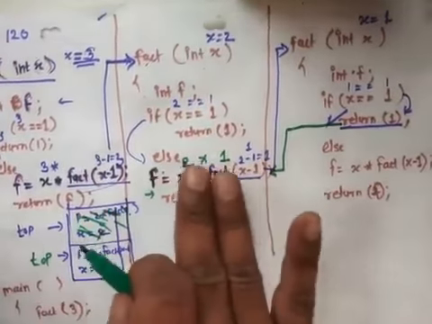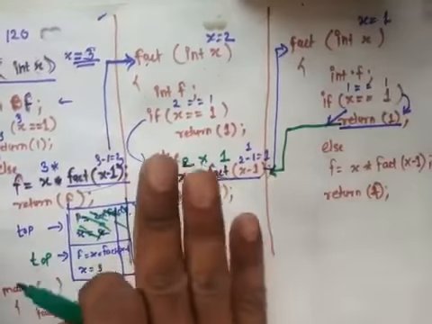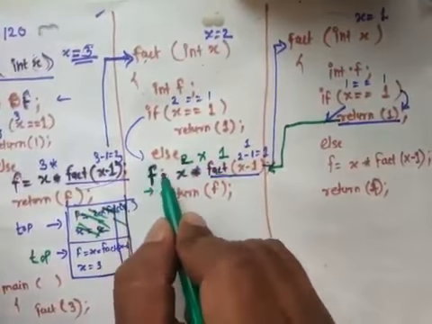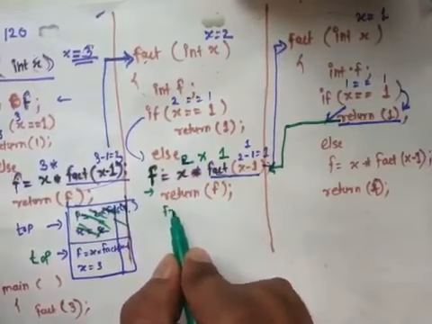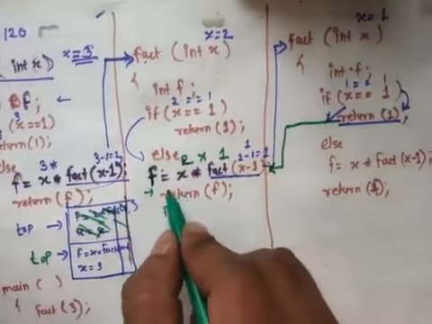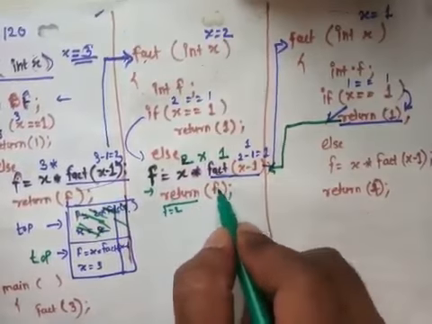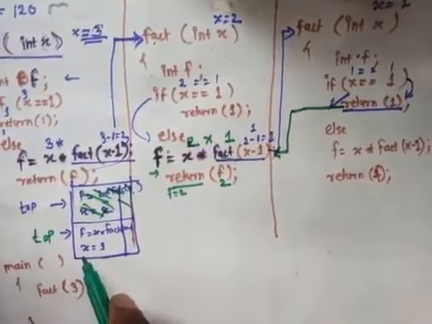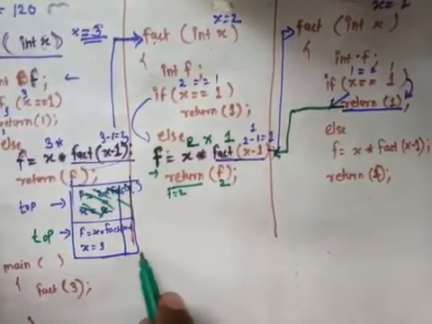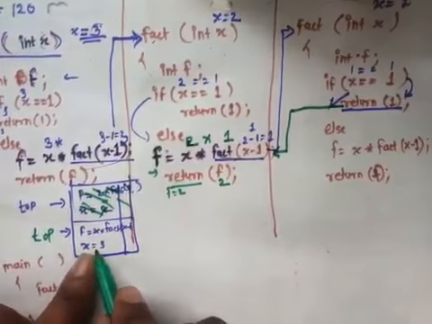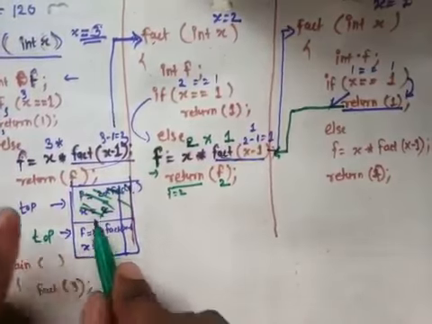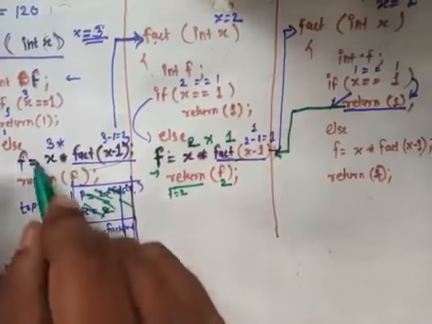And then this value goes to this function, and we get 2 into 1, that is equal to 2. So now f is equal to 2. The next line is return f. So from here we are returning the value, that is 2. Where? We go to the compiler. The compiler will check the top of the stack. The top of the stack says it is calling from here, so the value of the variable x is equal to 3 and the function is this.